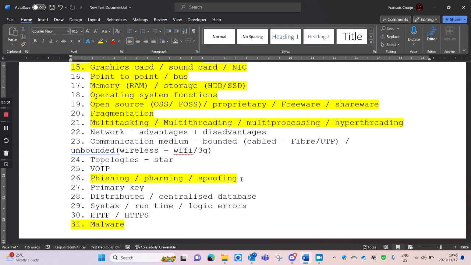Spooling has to do with your printer. It's when you send, especially with networks, which we're going to cover, networks' advantages and disadvantages. An advantage of a network is that we can share hardware. Now in companies and at schools, you've got one printer that a lot of people share. And that part, sharing of printers, when a lot of computers suddenly say, I want to print something.